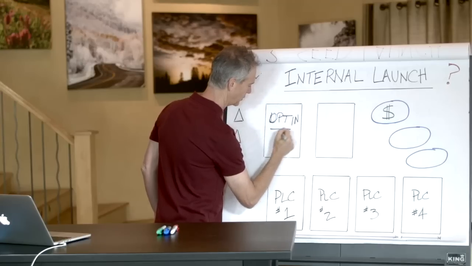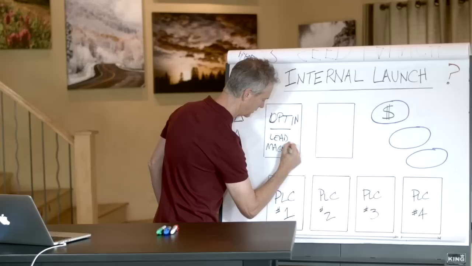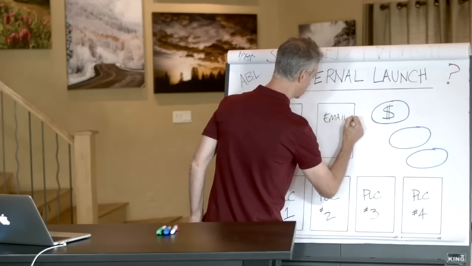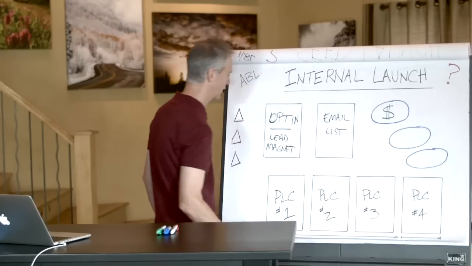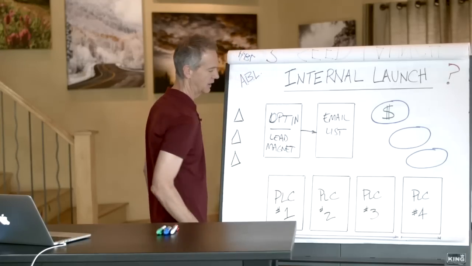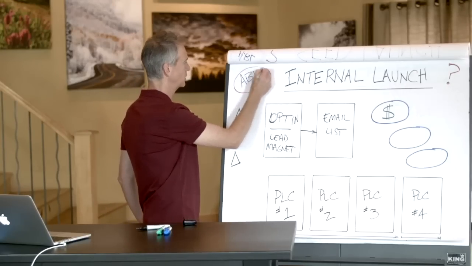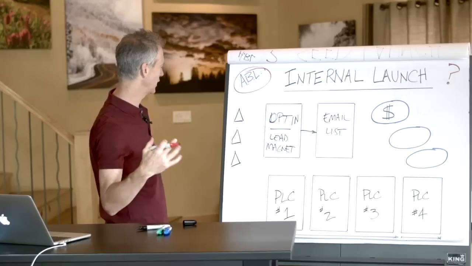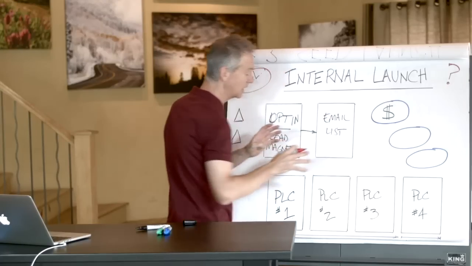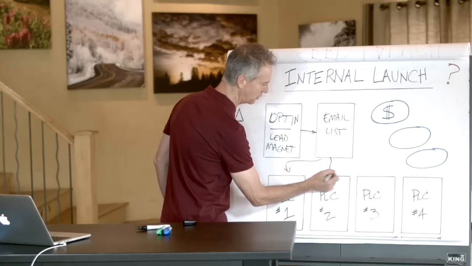Here's your opt-in page. This is where you have a lead magnet. And this is your email list. And so people come to your site, they opt in, and they join your email list to get your lead magnet. Again, it's ABL. Always be launching, always be building your email list. And so if you have an existing list, if you have an existing business, then use the sideways sales letter. You send them into each one of these,